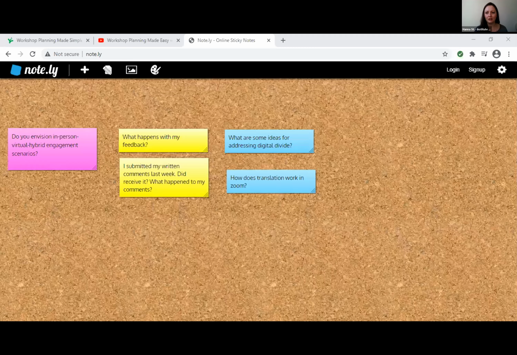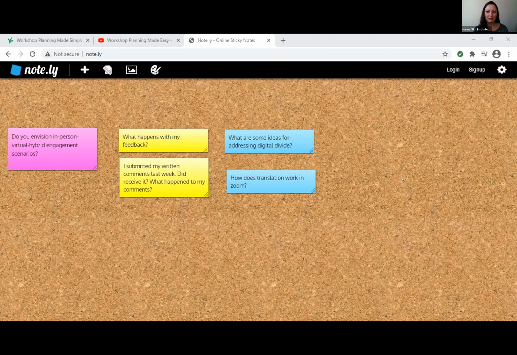Perfect. And this digital tool, this is something we just Googled on the fly. It's free. And when we've talked about burning questions, when we've talked about parking lot, when we've talked about getting all these different ideas from the group in the online environment, how do you manage it when you don't have chart papers, when you don't have the walls to place it on, separate by topics? Some of the digital tools available out there are sticky notes, where you create your wall with your chart papers, which you can move around.